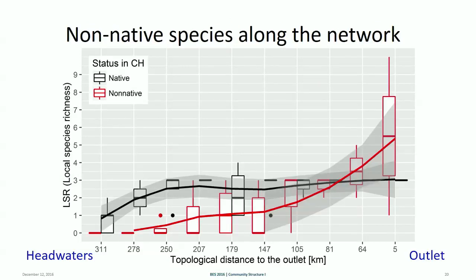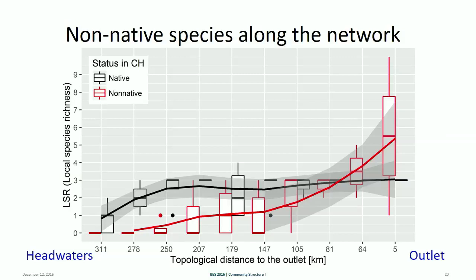On the contrary, and very interesting, when plotting non-native species, one can see that in headwater sites we don't see any invasive non-native species, and then a quick increase in non-native species, being even more abundant, or present with more species, than native species at the most downstream sites. Combined together, we can see the expected pattern of increasing